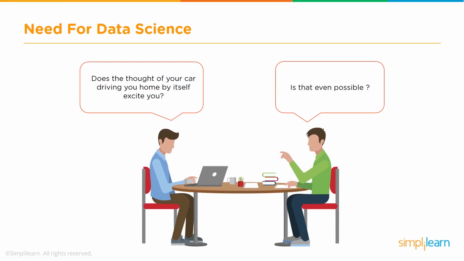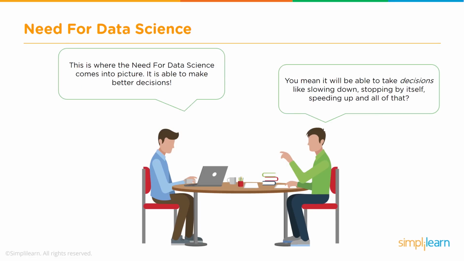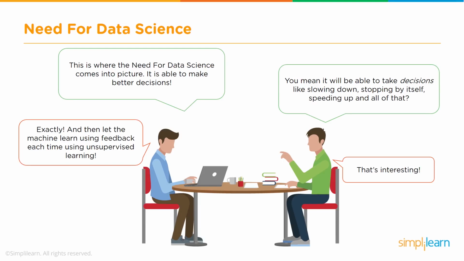Now, you must have already heard about autonomous cars. So I'm sure you must be excited to have a car driving by itself, which will take you from home to office or office to home, right? And that's one of the examples where data science is used. Now, the car needs to take a lot of decisions in this whole process, whether to speed up, whether to apply the brake, take a left turn, right turn, or slow down. So, all these decisions are basically a part of data science.